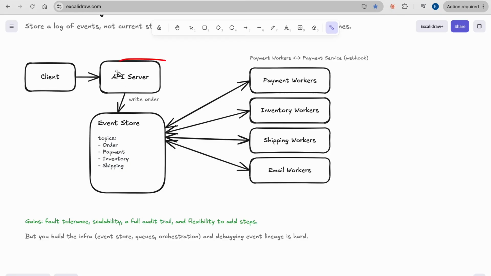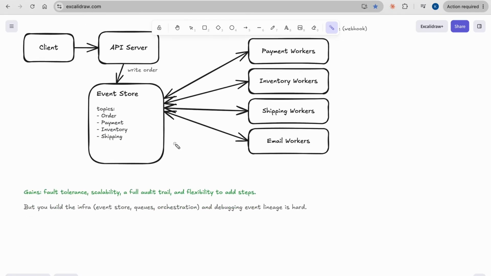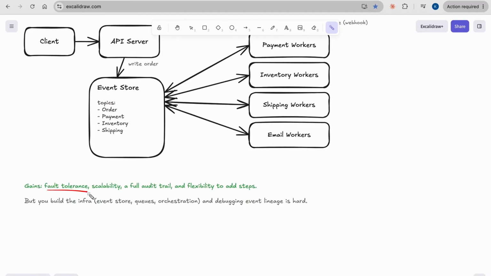Rather than services exposing APIs, there are now just workers consuming events from our store. What we get out of this event sourcing pattern is fault tolerance: workers consume the log as long as they are able to connect to our consumer group, they can do their processing, and we can easily scale each individual worker.